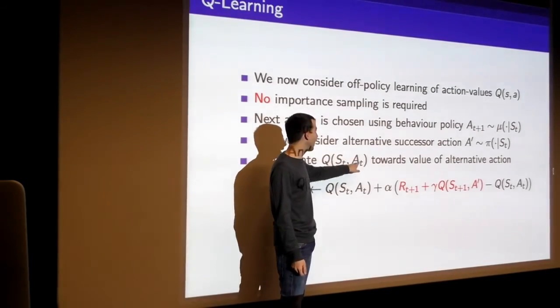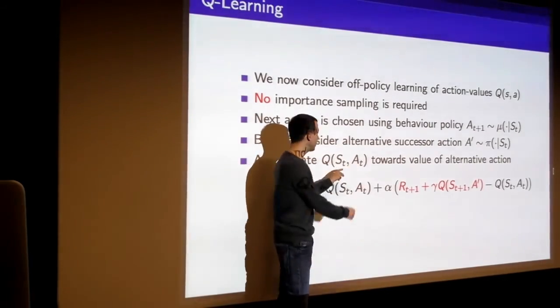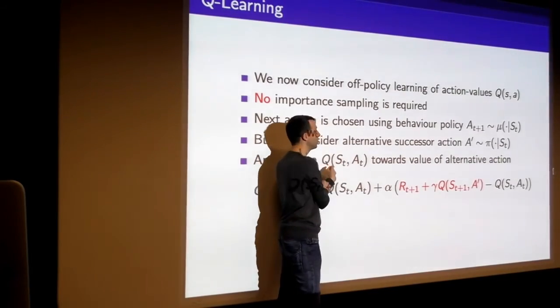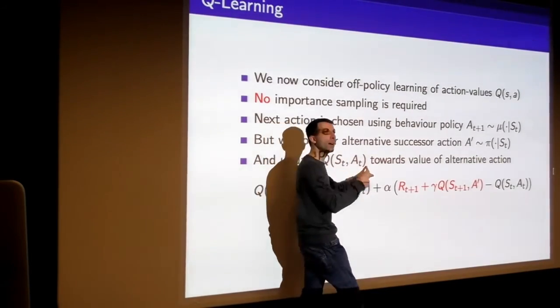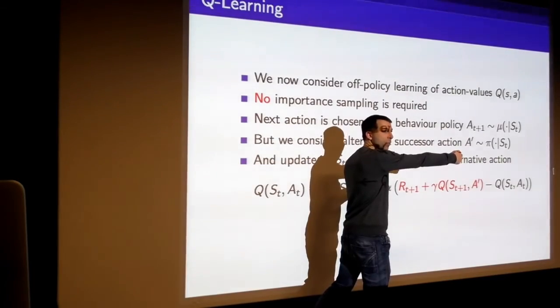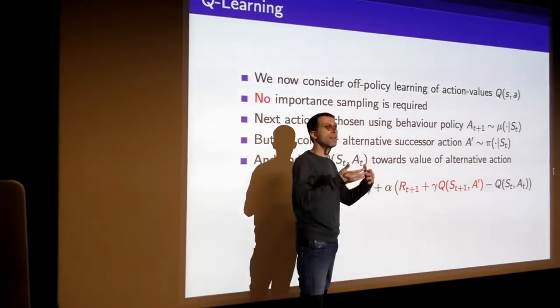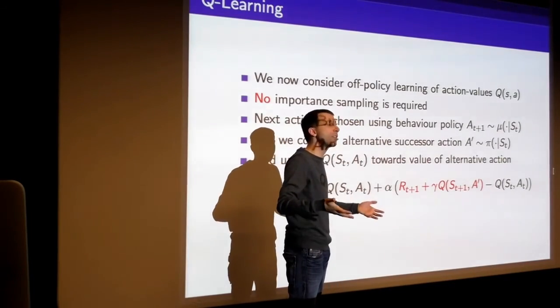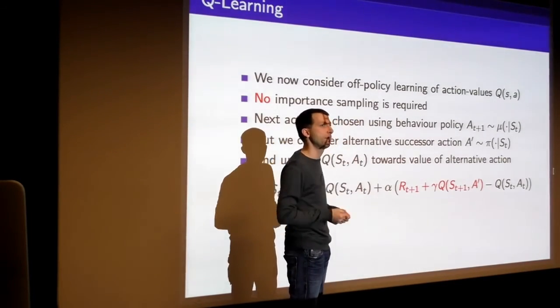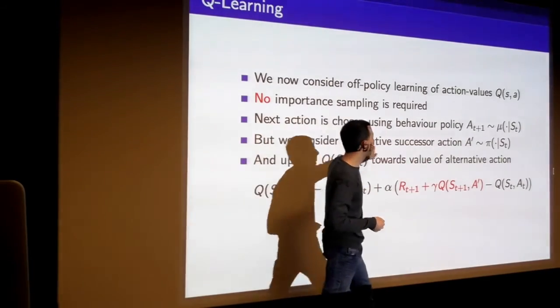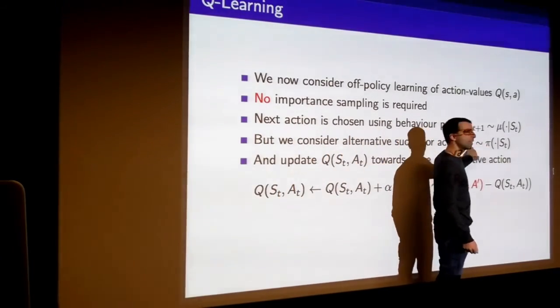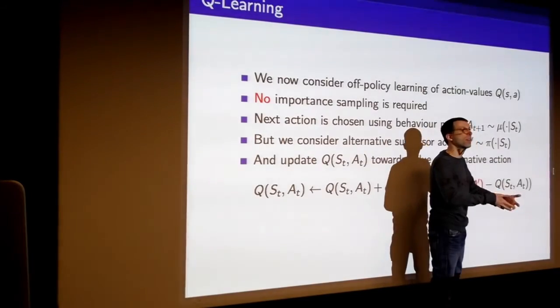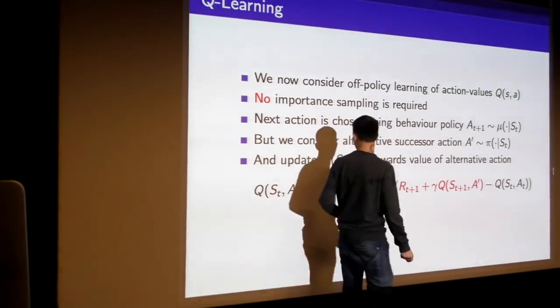And now all we're going to do is we're going to update our Q value for the state we started in and the action that we actually took. We're going to say, well, the value of that state and that action that we actually took, we're going to update towards the value of our alternate action. So when we bootstrap from the value of our alternative action, because that's the thing that tells us how much value we'd actually have got under our target policy. Like when we sample from this, that tells you something about what really would have happened under our target policy.